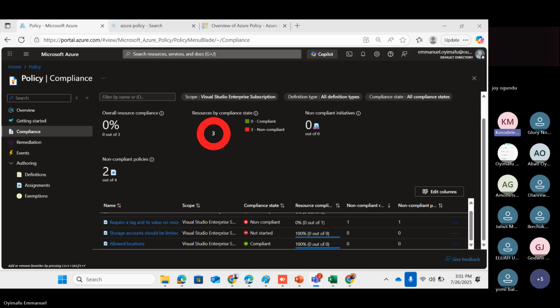As a cloud engineer, do we have limitations in some aspects of cloud security or